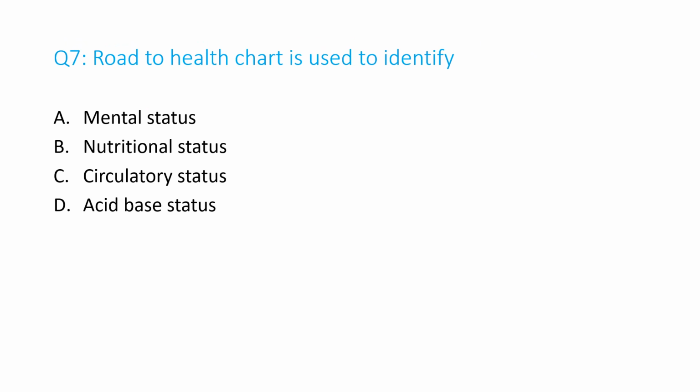Question number 7. Road to Health chart is used to identify A. Mental status, B. Nutritional status, C. Circulatory status, D. Acid base status. And the answer is